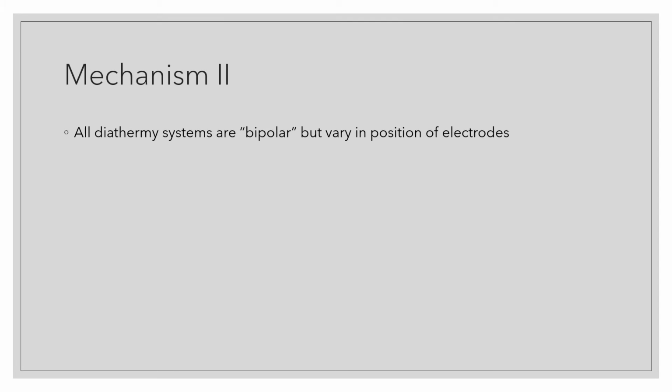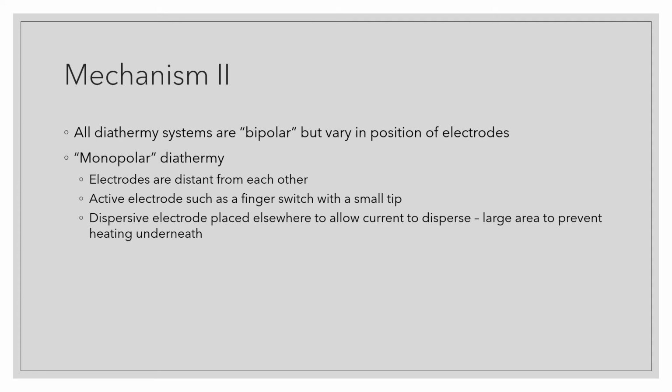Mechanism 2. So to start off with, all diathermy systems are bipolar, but the position of those electrodes varies, and so we've come to the point where we, admittedly incorrectly, refer to there as being two main diathermy modalities, bipolar and monopolar. So monopolar diathermy, in inverted commas, the electrodes are distant from each other. Your finger switch, so the actual piece of equipment that you're holding, has one electrode, the active electrode, and that's got a small tip,